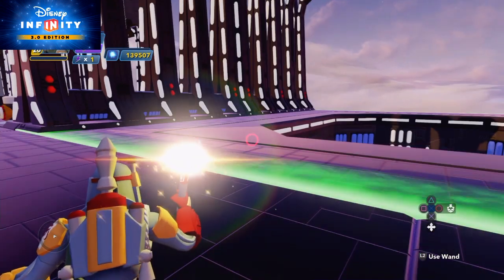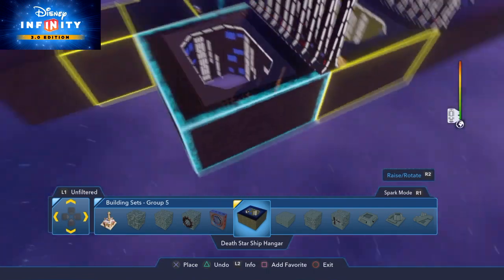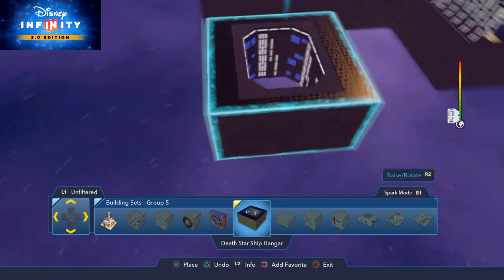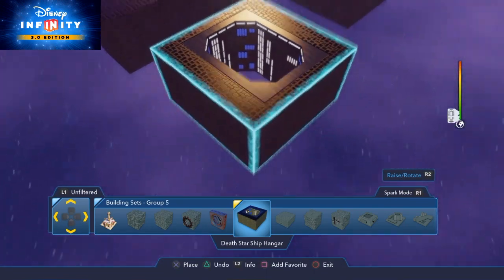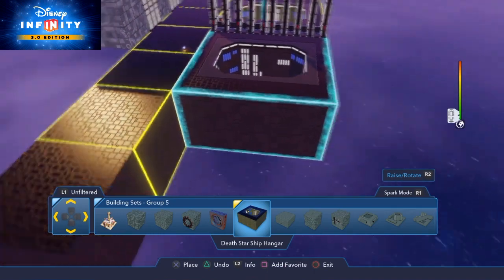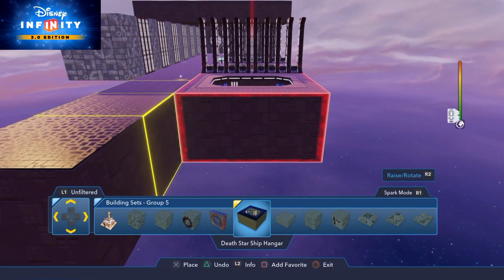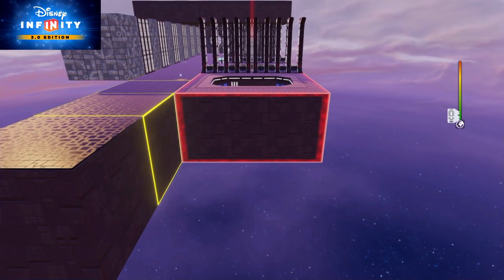In this week's clip, what I'm going to show you is this particular tool. There's a tool you can unlock in the toy box, which is the Death Star Hangar. Really cool little thing. I haven't been able to find any use for it. It's just basically a giant gaping hole. So what I've tried to do is make a mock Death Star and use the Hangar for ships and troops